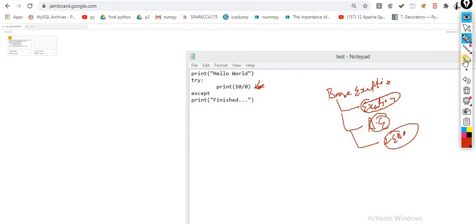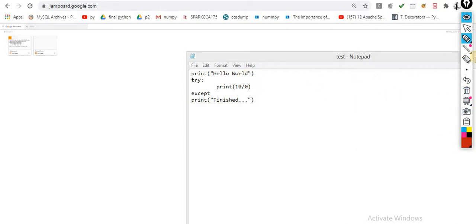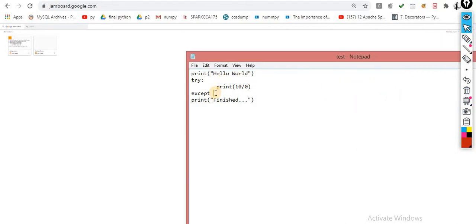Observe carefully. For handling it, I am writing here the name of the class. I know which type of error comes over here, that is the zero division error. So colon over here. When the try block generates the exception, raises the exception, the control is moved over here, that is the except block. Inside the except block, whenever the user enters 0, I want this to be activated. Now execute this code.